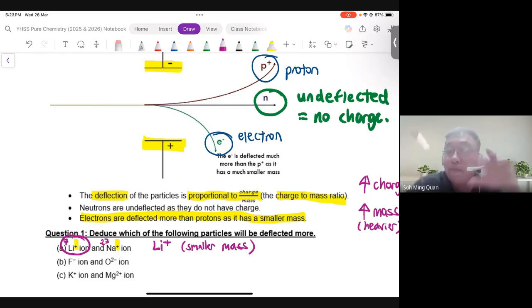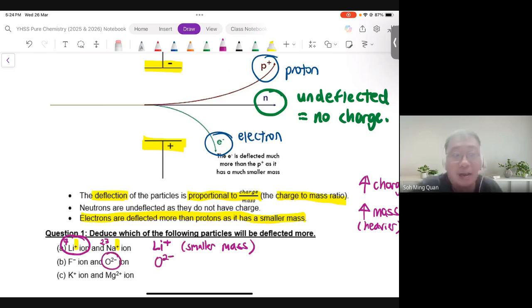If you look at 1B, we have F- versus O2-. I think you can easily work this out as well. The one that will be deflected more should be the one that is higher in charge as well as smaller in mass. On both counts,